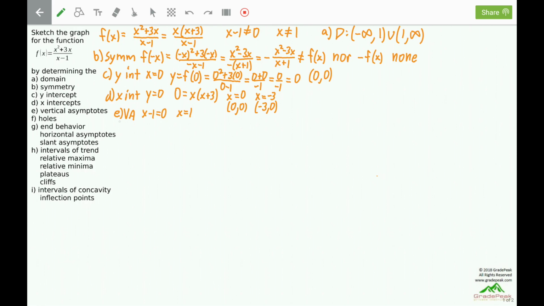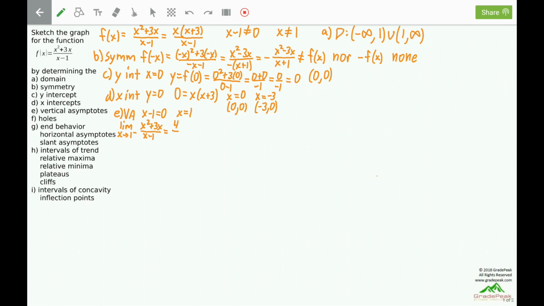We can determine the behavior on the left side by taking the limit as x approaches 1 from the left side of f of x, x squared plus 3x divided by x minus 1. Plugging in a positive 1 in the numerator, 1 squared is 1, plus 3 times 1, which is a 3, 1 plus 3 is a 4, divided by, plugging in 1 in the denominator, 1 minus 1 is a 0,